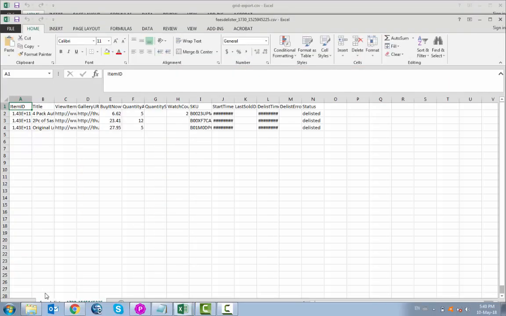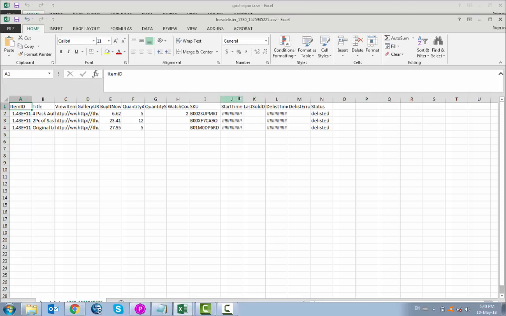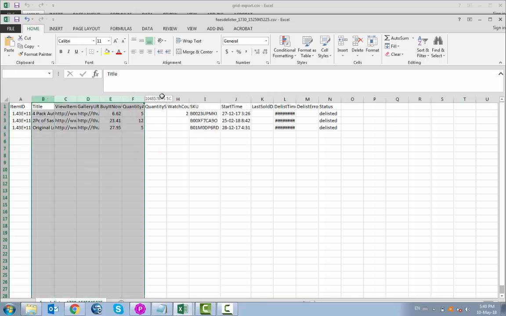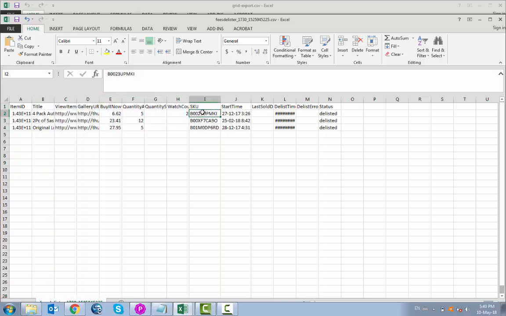Yep. So basically what you have is the so-called ASIN of the product if you're using Amazon dropship. And of course you have all the other fields. So the most important is you must have the column called the SKU, which is the ASIN. So the status you will see here is delisted already. So what you need to do is you can take this SKU, you can copy, and then let's log into